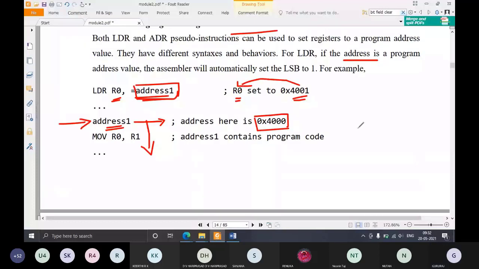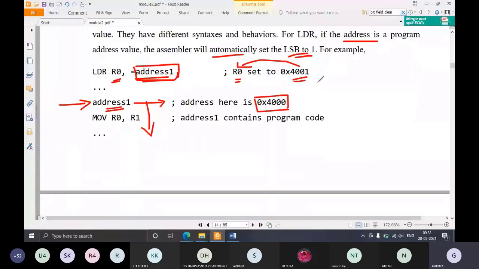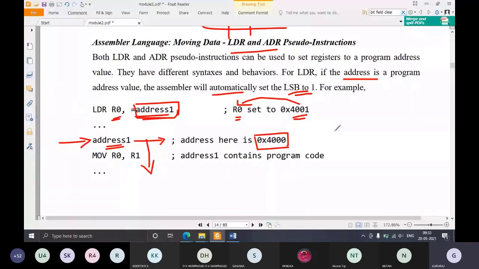If you remember, in the reset sequence also there was a 1 added in the LSB. This 1 added in the LSB is done automatically. Why? Because that indicates the thumb mode. That last 1 indicates the thumb mode, so that is why the LSB is set to 1. If you don't set that LSB to 1, and it remains 0, then you're trying to switch the state from thumb to ARM state, which is not available in Cortex M3 and will result in a fault exception.